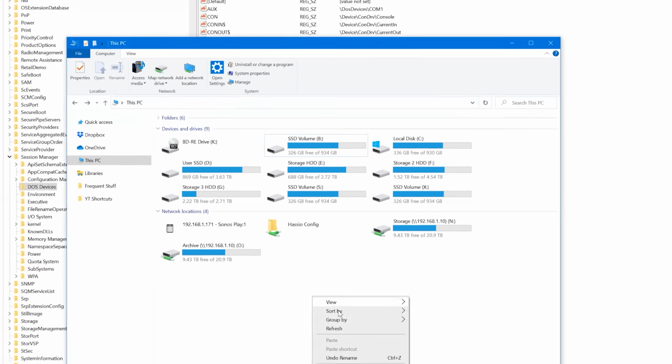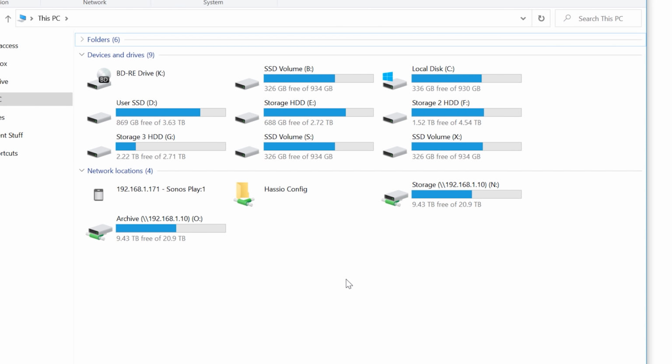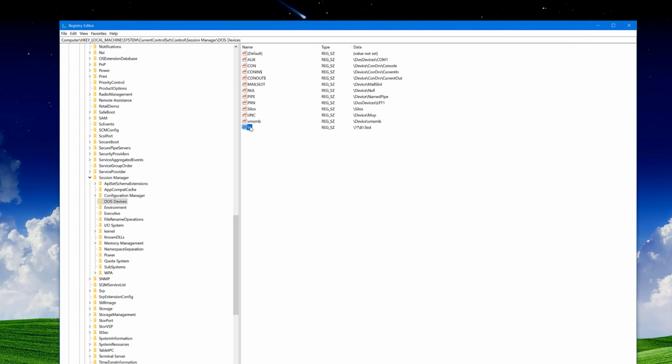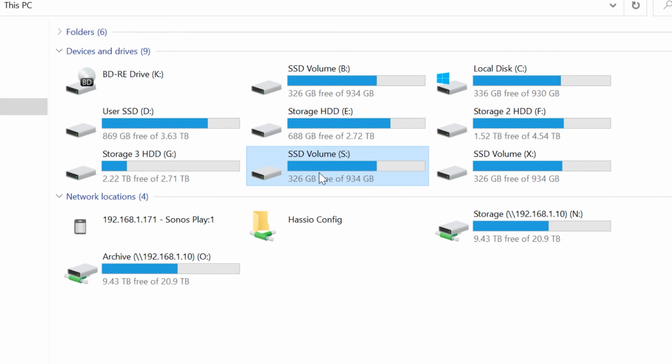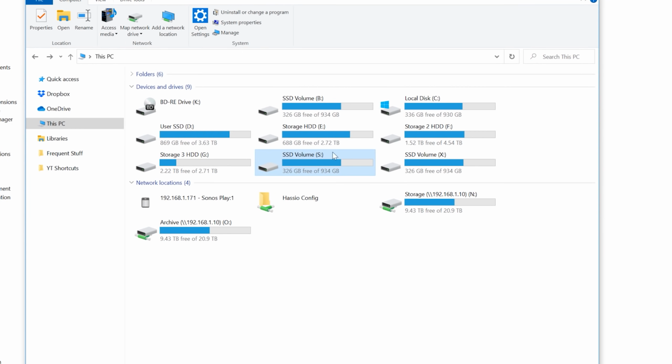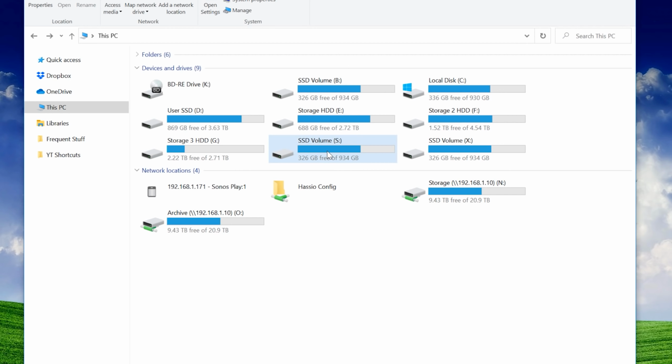Unfortunately, I would have to restart the computer. Just restarting Windows Explorer or even refreshing is not going to make this show up. It actually happens at the login or the boot up. So I'm not going to go through all that, but trust me, it will show up. And actually, this S1 is one that I had in here and deleted before the demo, but that's where that one came from. But again, this will have the same issue where you can't rename the drive, though it will look like just a virtual drive.